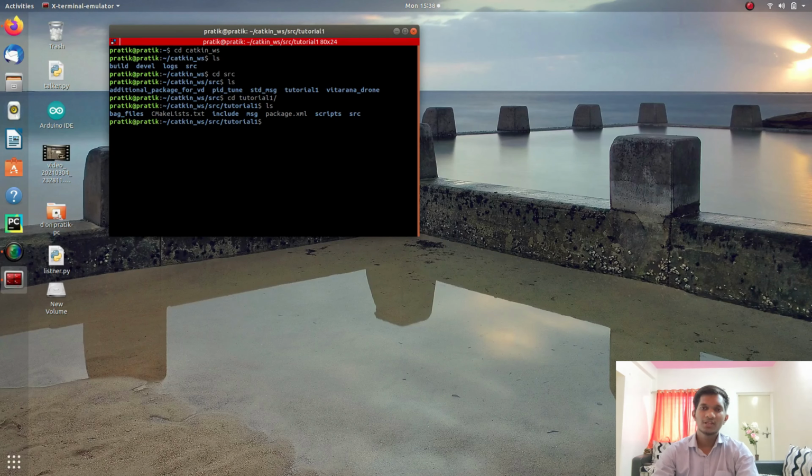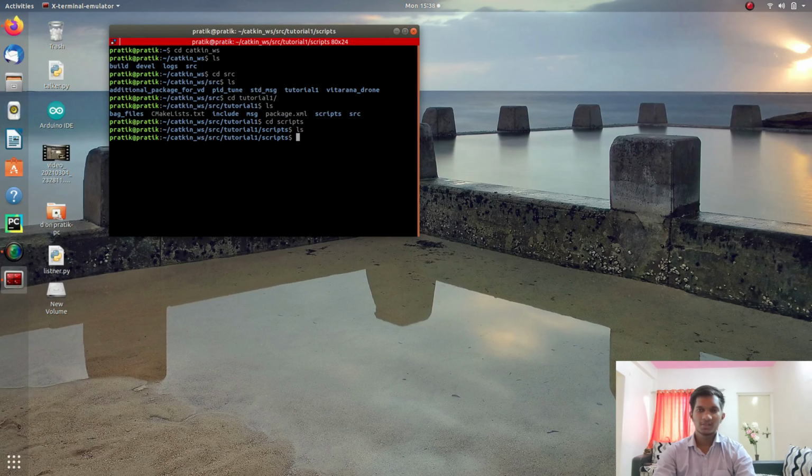So in the past videos, as we know, we made our scripts folder, and I told you that we are going to store all our nodes and services in this particular folder. So I'll just go into the scripts folder. Okay, then type ls. So you can see that in the scripts directory there is nothing there. So I'm going to create two files with the extension .py, and I'm going to make them executable files, and these are all the commands which I'm going to type. Just have a look.